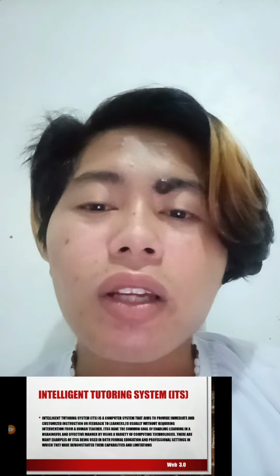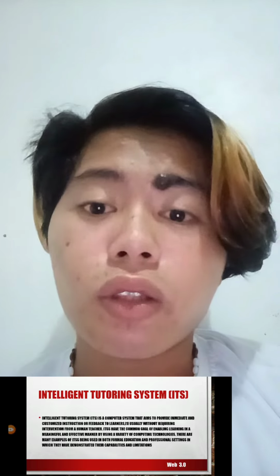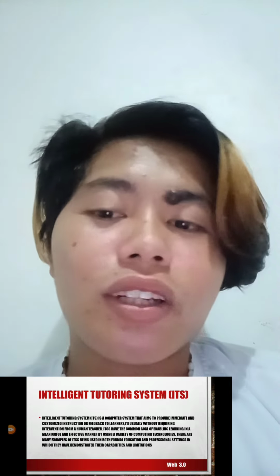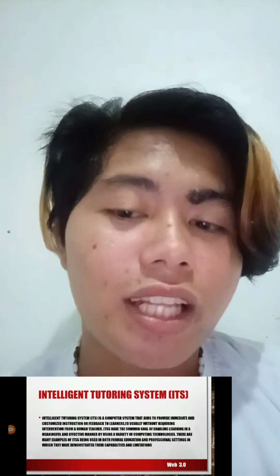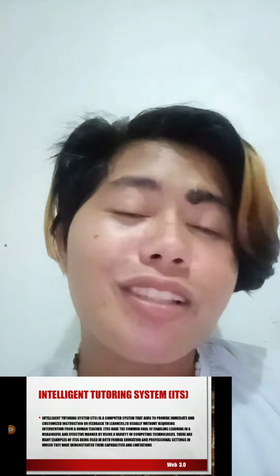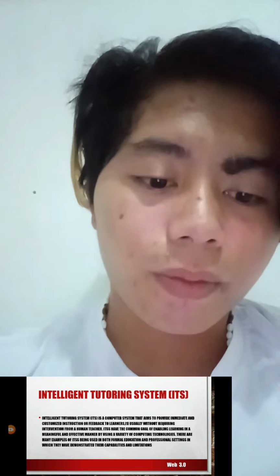It also helps to assist or guide students to the point where they become independent learners and thus no longer need a tutor. No need for a teacher anymore. So that's it.